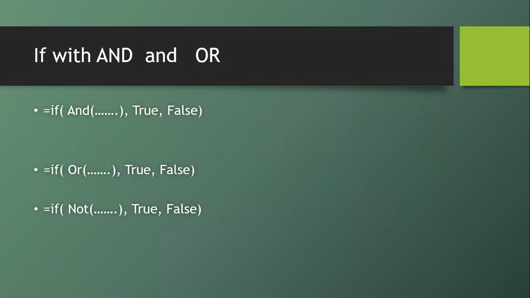Now when we talk about if, you can have AND, OR, and NOT operators also. So there can be multiple conditions to check. We will now understand: we'll write IF, bracket open, then AND, and write all the conditions we are testing. So try to understand the syntax: IF, AND, bracket open, bracket close, true and false arguments.